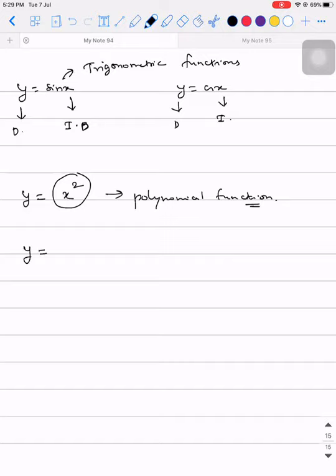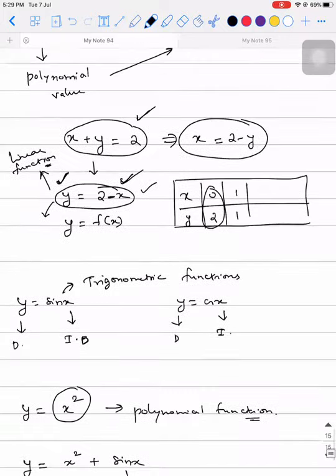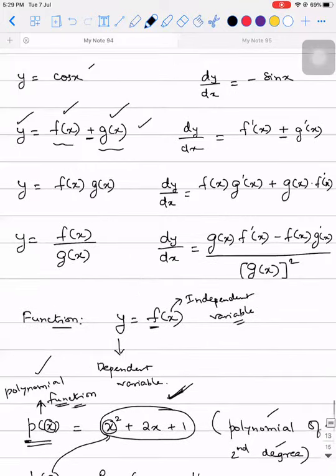So I can think of combining an algebraic and a trigonometric function. It is my wish. So x square plus sin x. I can think of something like this. This is also a function. If I ask you the specific name of it, there is no specific name. It is a sum of an algebraic and a trigonometric function. Now, this x square is what I'm calling f of x. The sin x is what I'm calling g of x. So if you take them as f of x and g of x, then this formula is applicable. Are you guys able to understand?